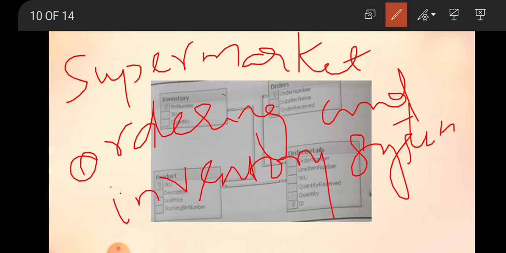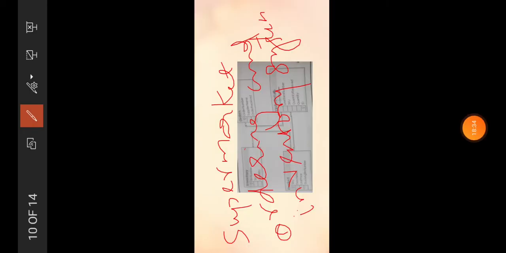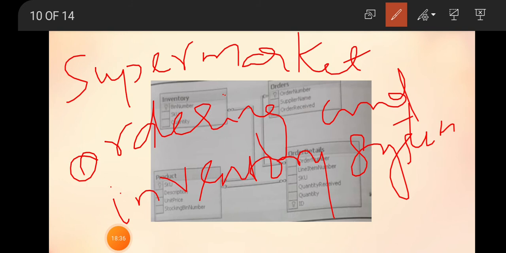What are the functionalities performed in the supermarket? There is ordering, and also stock maintenance in the supermarket. The system will track the inventory as well as receive orders. There are three different types of users who will work with this supermarket ordering system. Who are they? Suppliers, supervisors, and receiving clerks.